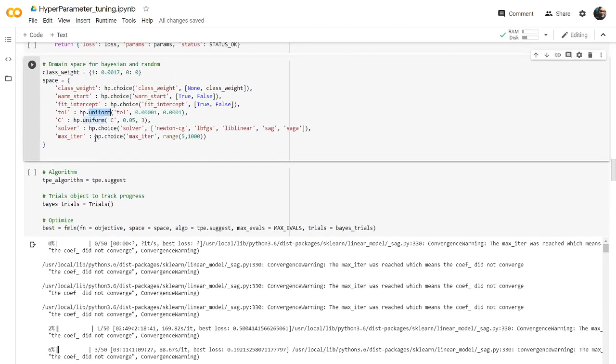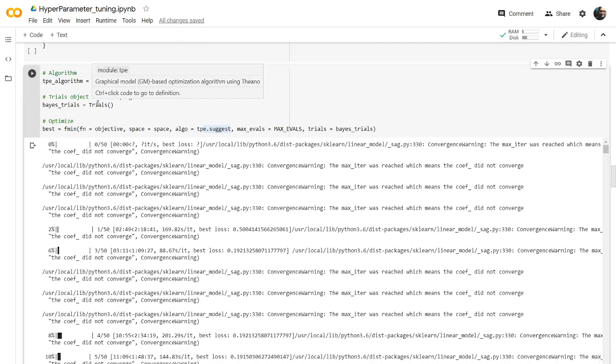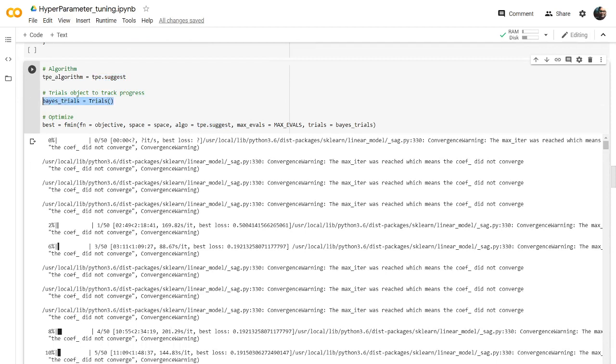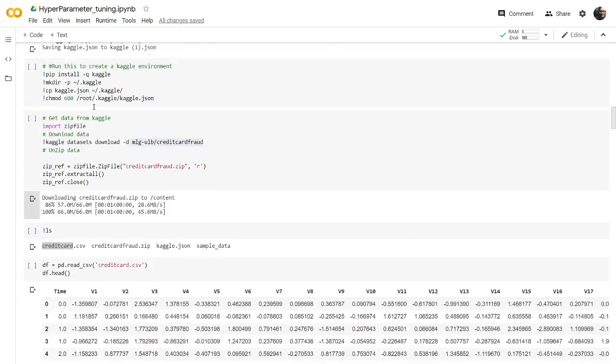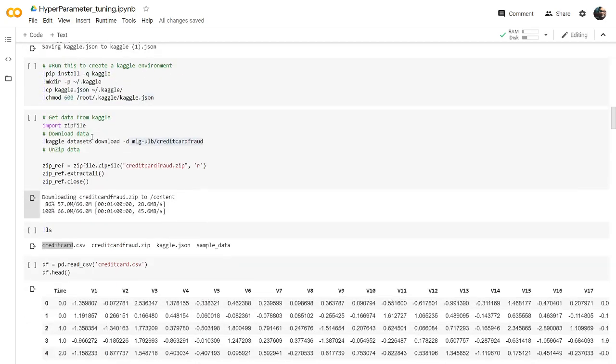If you are a domain expert, then you know what the probability of that one will be. You know, right, the tree parzen estimator will mostly work with the probability distributions. So if you know what the probability distribution is, you can directly give that. Okay, and the next one is creating the optimization algorithm. So here we will be using tpe.suggest. This is what creates the tree parzen estimator, and the number of trials. This is where it tracks all the results of all your trials. We have given around 50 trials, so it will try 50 combinations.